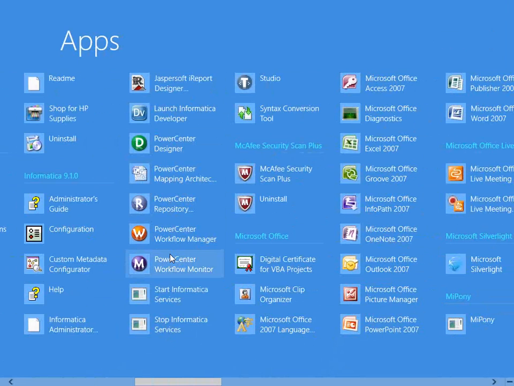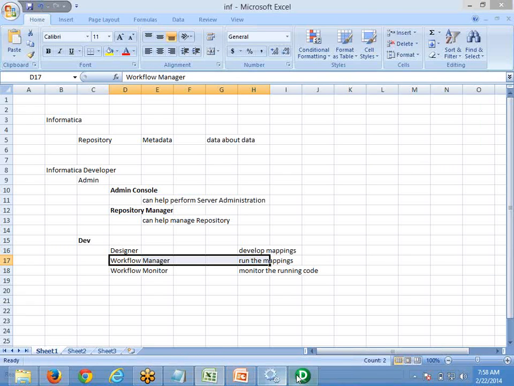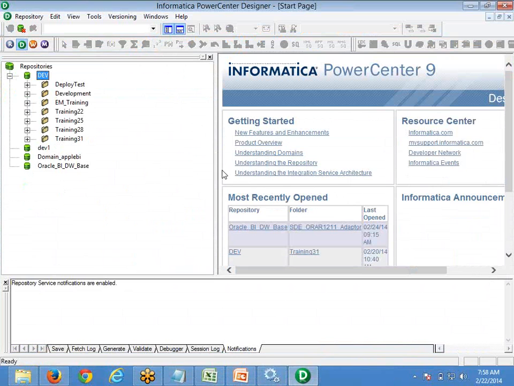Every day we will only be connecting to these client components and working on them. Right now I want to start a new development to see the look and feel of how Informatica works. So now I came to the designer, and we are in the designer right now.